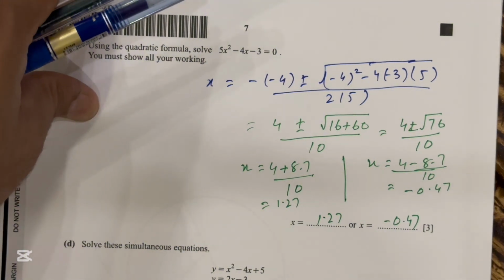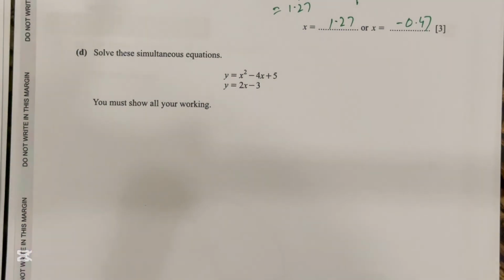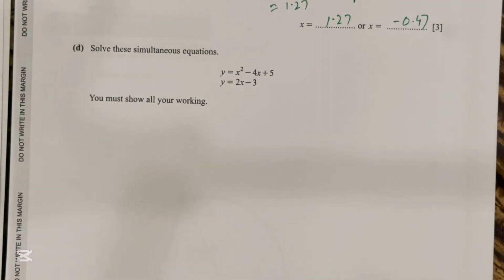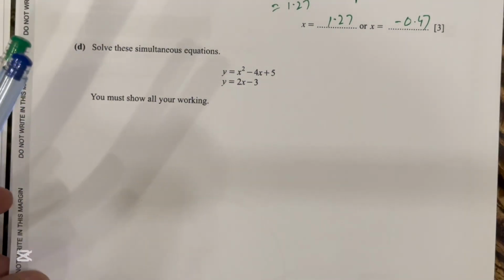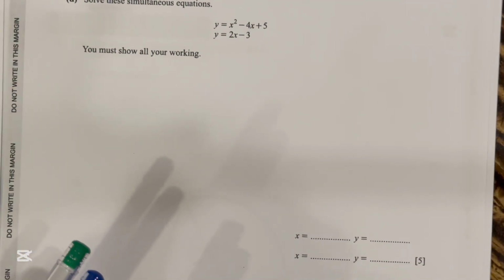Okay, question number D. Solve the simultaneous equation y is equal to x squared minus 4x plus 5, y is equal to 2x minus 3. You must show all your working. Okay, this is the simple question. You can substitute the value of y because y is already in the form of subject, so you need to substitute the value of y